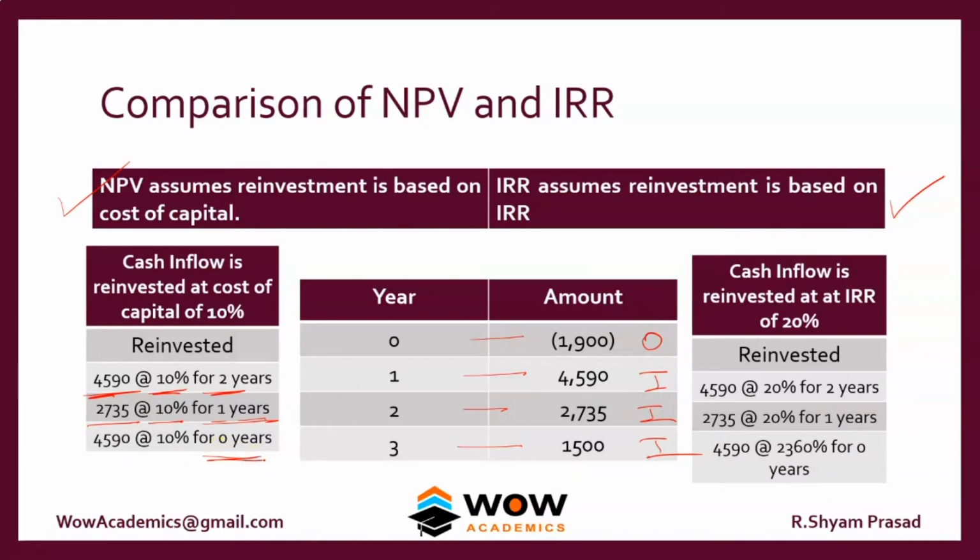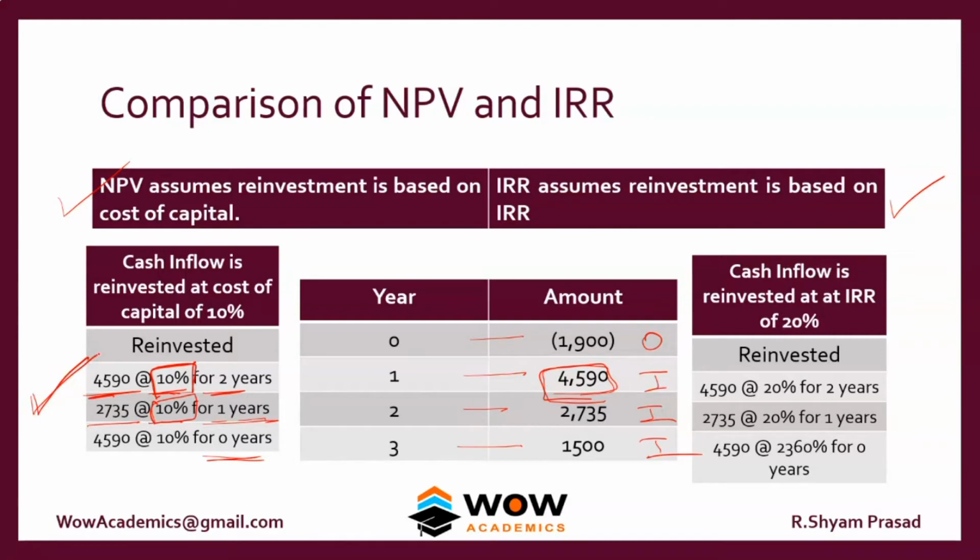So the concept is the rate. The rate 10% is the cost of capital, that is any loan that you receive or any borrowings that you make. That is a normal assumption. So this 4590 can be invested in any bond or debenture which gives a yield of 10%. That is a logical assumption. Or once you have got this money, you can even repay the debt which you got to invest in this project. This is a reasonable assumption.